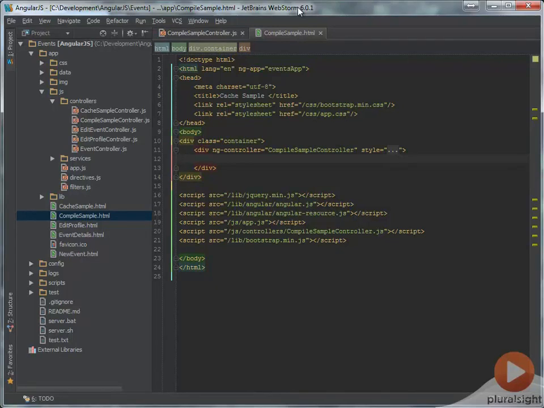So now let's take a look at the compile service. The compile service is used heavily internally by Angular, and it is used whenever a page is loaded. Angular uses the compile service to look through the page for directives and process them. But you can also use the compile service yourself, and typically you'd do that inside a directive, but since we